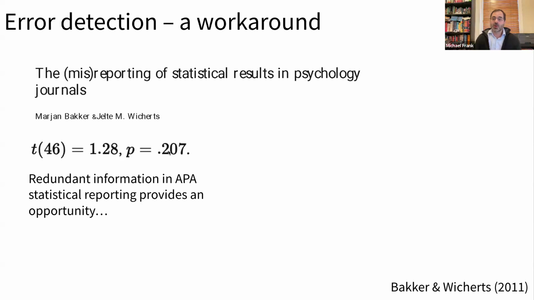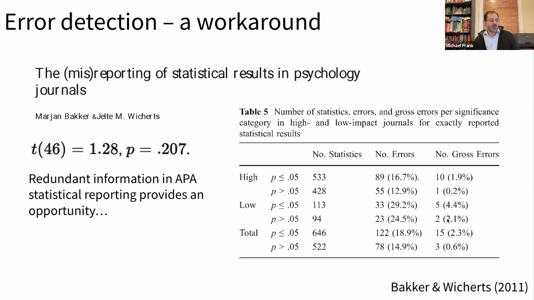Because if they don't, you know that there's something being misreported. You don't know what the source of the error is. Could be just a typo, could be a miscomputation, and so forth. But there's something going on. And what they found is just a substantial number of errors. The proportion of error was extremely high across the papers they sampled. And some of these errors, critically, were what they called gross errors, errors that changed whether the p-value was below or above the decision boundary of 0.05. So this rate of error felt unacceptably high to these authors and feels unacceptably high to me.